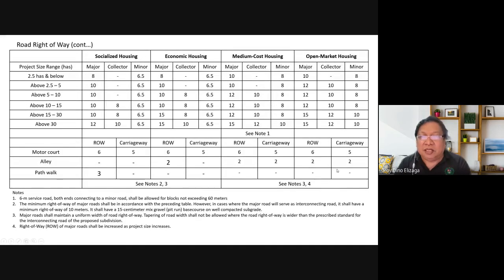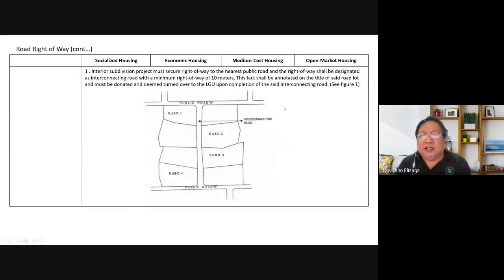Like mentioned here. Actually, I think this is the same slide that I showed earlier. This does not apply to us in our plate, but if, for example, there are two public roads which are parallel, Road A and Road B, and in between there are a lot of subdivisions being made, and then they decided to buy a property which they will use as an access road